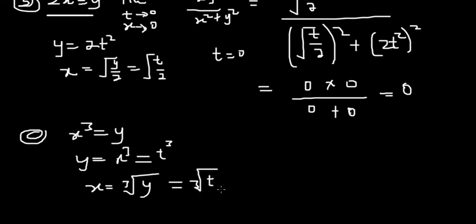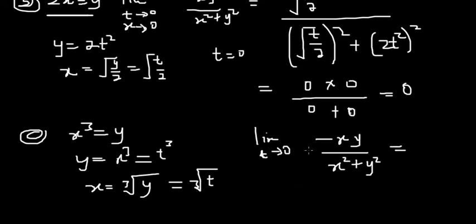This expression. Now, all you have to do is just substitute into the main expression. So we have the limit of t approaching 0 of minus x y divided by x squared plus y squared. So all you have to do is just do your simple substitution. You know that x is the cube root of t, multiplied by y. y is t exponent 3, okay? And then you divide that by